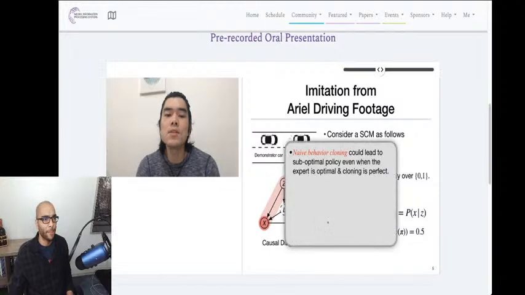This simple example shows that naive behavior cloning could lead to suboptimal performance even when the expert is optimal and